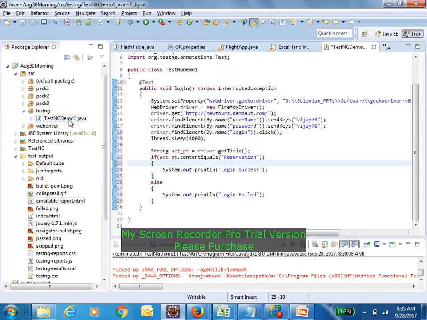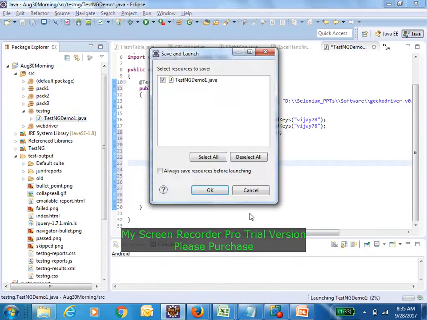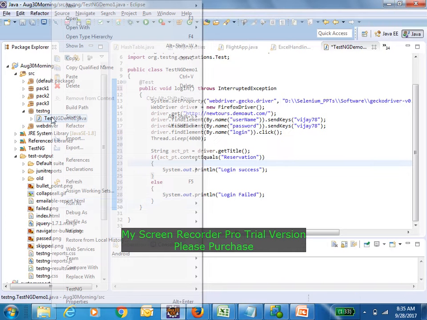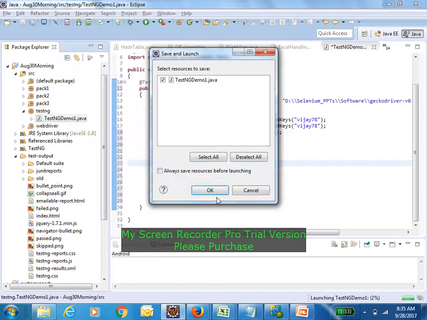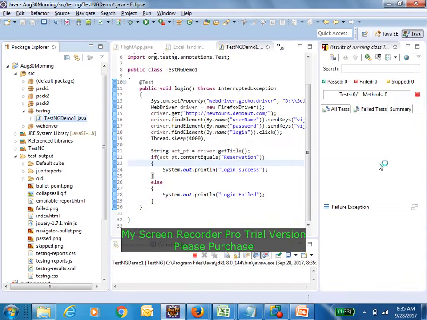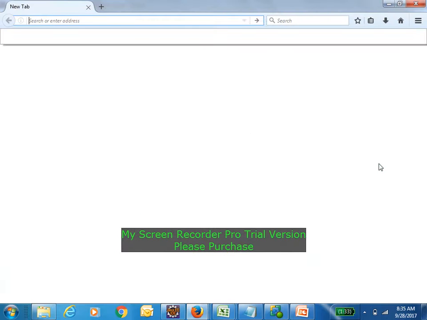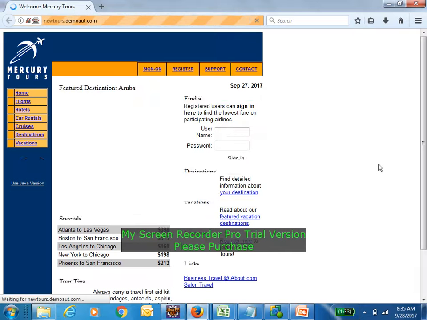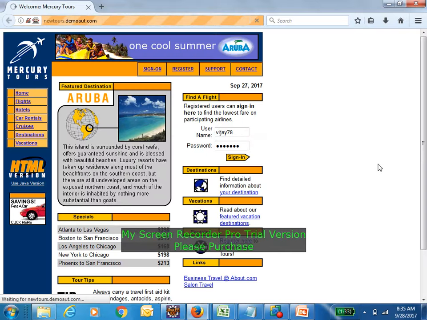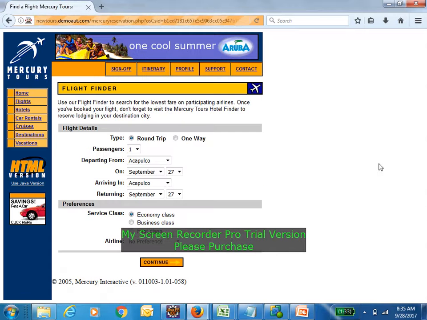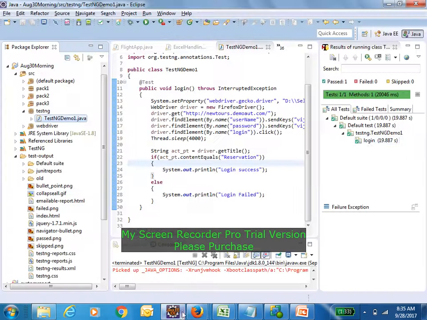You see it here, we'll execute the script, right click, run as, TestNG test. So it's done. Okay. Now we'll see the result.